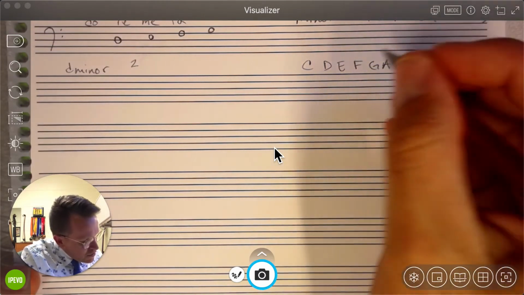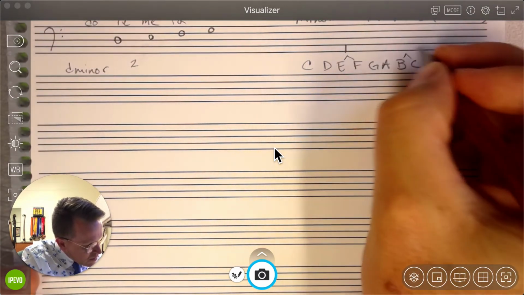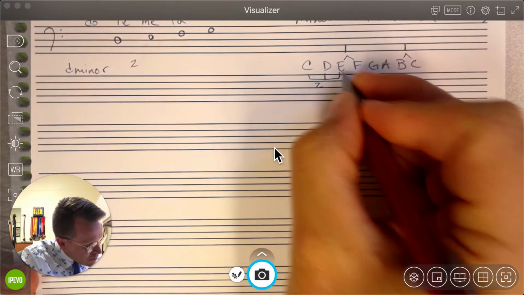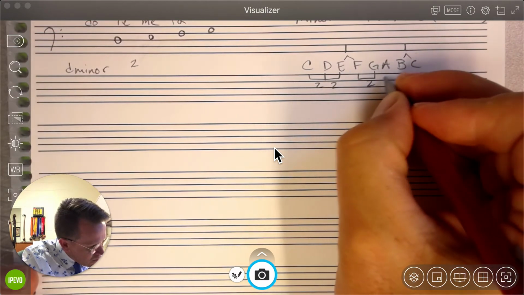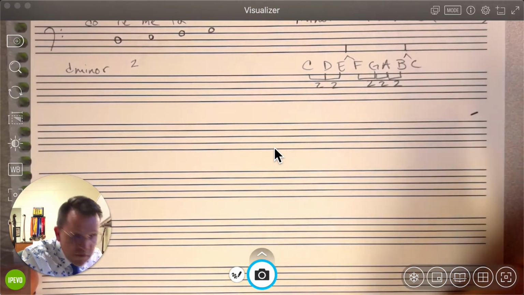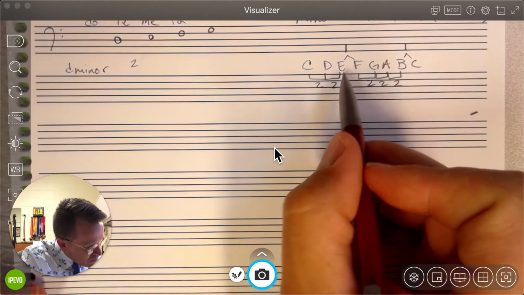And just remind yourself that from E to F and B to C, that's 1 semitone, and for all the rest, it's 2 semitones. Okay? So that's a good reminder. 2 semitones there. Okay? So D to E is 2.